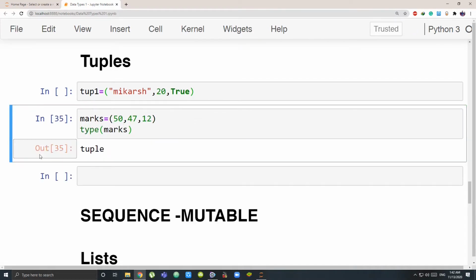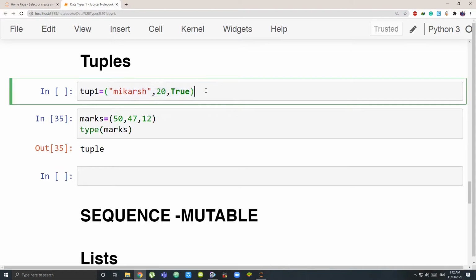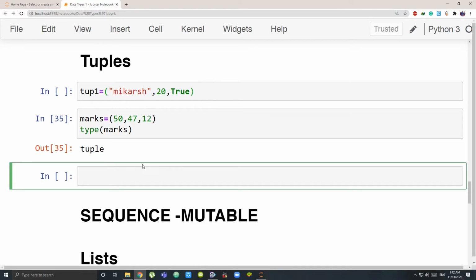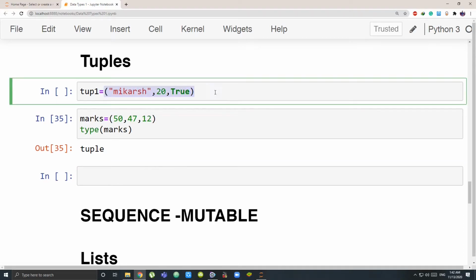It's tuple. So you can store the same data type, your wish, or you can store multiple data types together. Now what is the use of tuple? Tuple is basically used to store something that is fixed. Why? Because it's immutable. I can't change any of the elements. So I have to store something that is going to be fixed throughout my program. So these values I can't change directly.